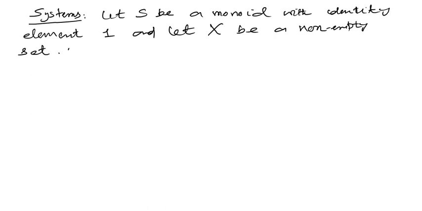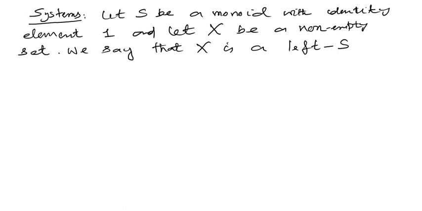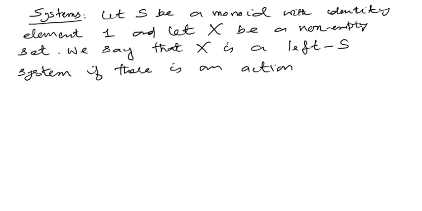We say that X is a left S system if there is an action, actually a map, there is an action which maps the pair (s, x) to sx, ये नोटेशन हम करेंगे जिससे जो sx को sx तक लाए। तो एक्चुअली हम सिंपली मल्टीप्लिकेशन नोटेशन ही यूज करते हैं इस एक्शन के लिए भी, इस मैप के लिए भी।